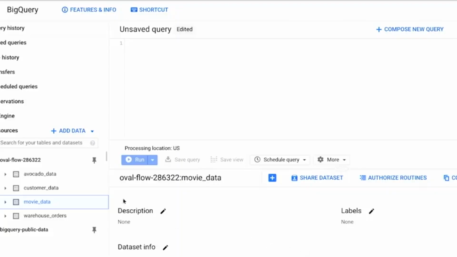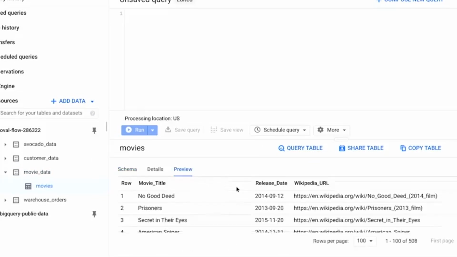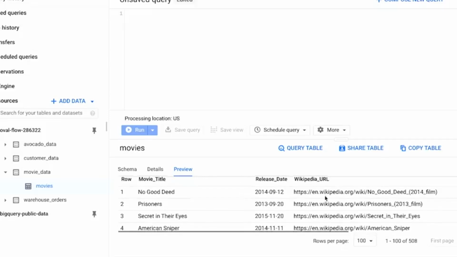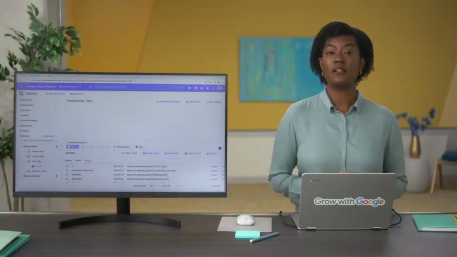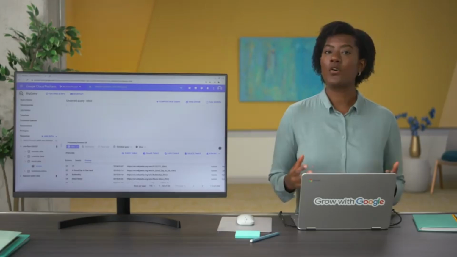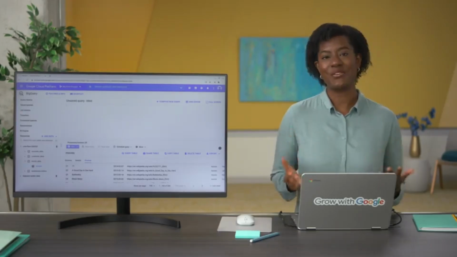Here's the database. You might recognize it from past videos. Basically, it's a long list of movies. Each row includes an entry for the columns named: movie title, release date, genre, director, cast members, budget, and total revenue. It also includes a link to the film's Wikipedia page. If you scroll down, the list goes on for a long time. Of course, we won't need to go through everything to find the data we want. That's the beauty of a filter.